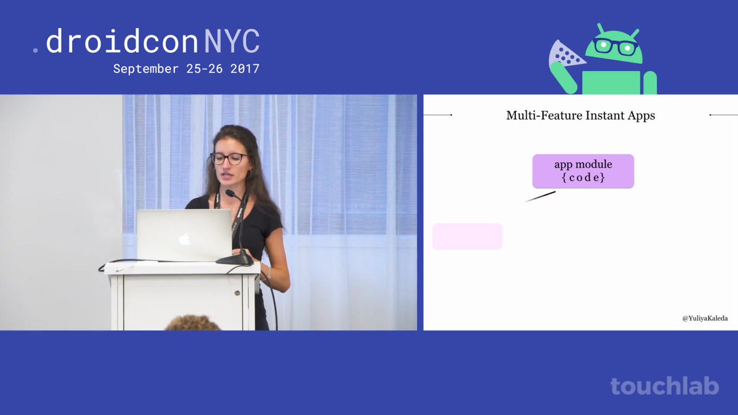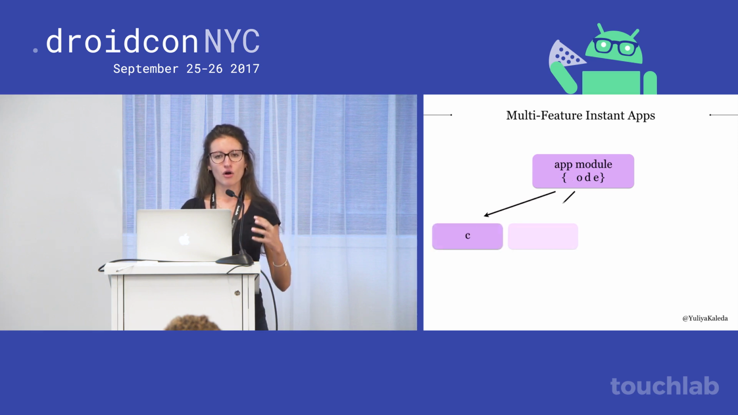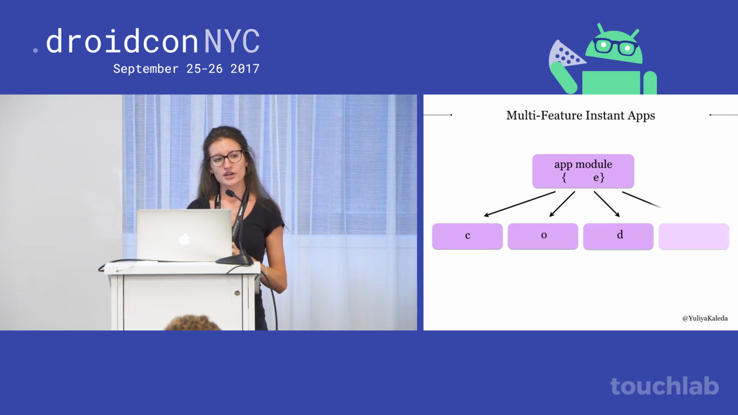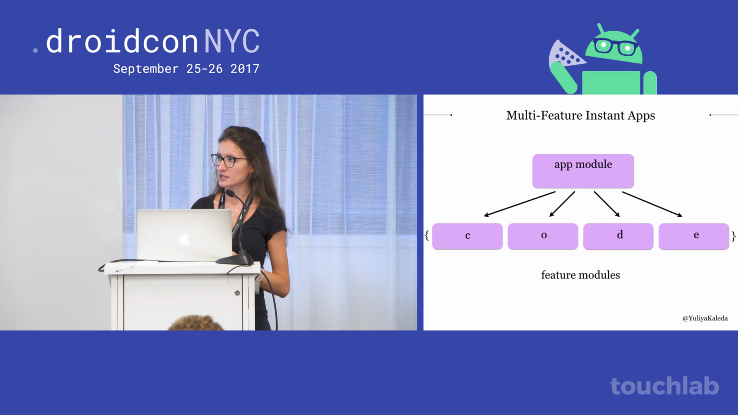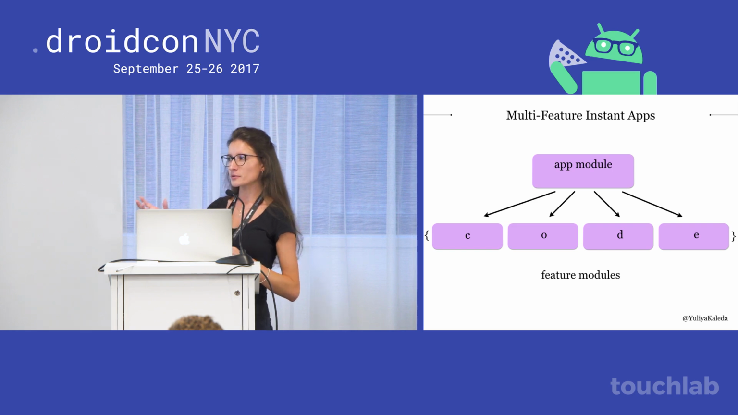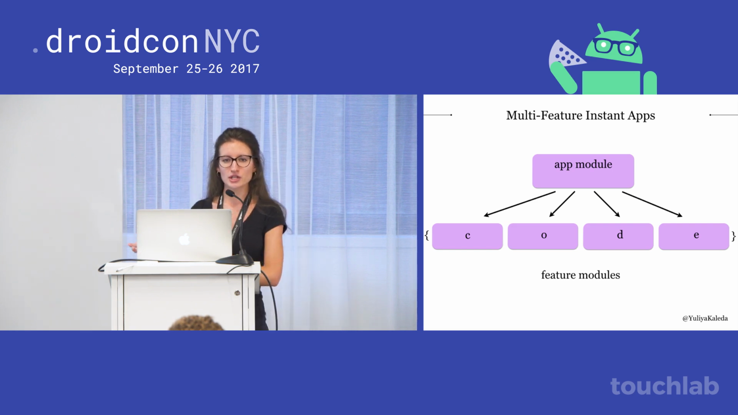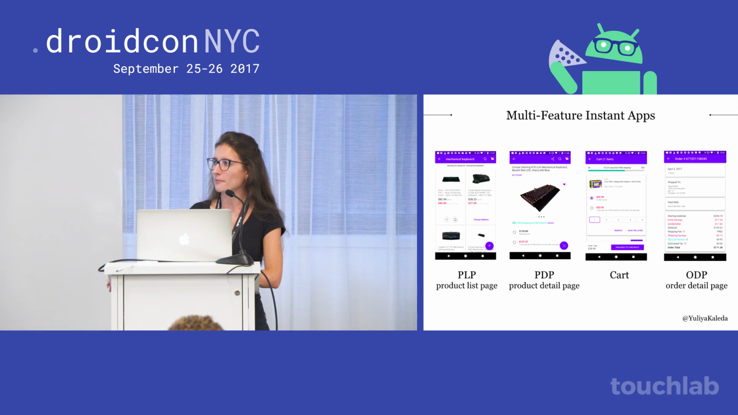So in multi-feature Instant App, instead of moving all the code from the app module into the base module, we're breaking all our logic into independent feature modules. So they're smaller, and there is no real limit to how many feature modules you would add within your application. You can build as many feature modules as you would love, as long as they are under the 4 megabyte size limit. So I know it probably sounds a little bit abstract, so let's take a look at the Jet.com application